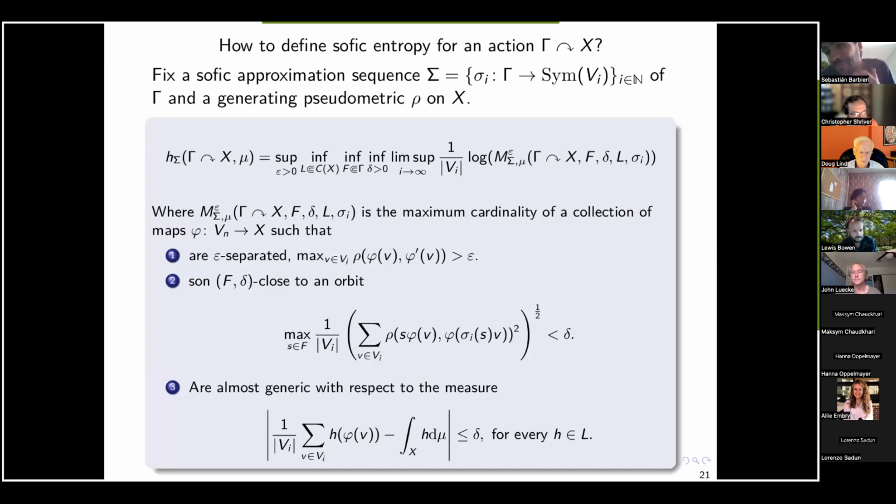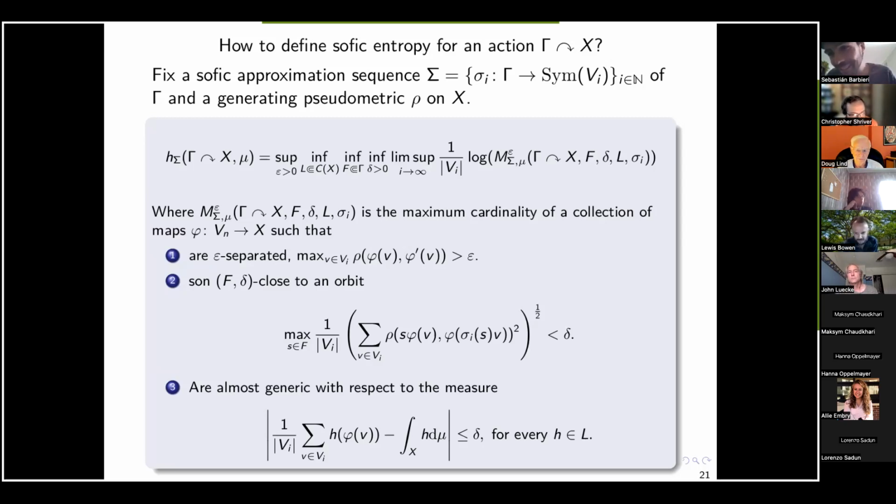So essentially what I'm saying here is I'm taking Rufus-Bowen's definition of entropy through separated sets, and instead of considering orbits, I'm considering separated almost orbits or pseudo-orbits. And you can show that in amenable group theory, that gives you the same entropy that you're all used to work with. And in this case, it makes a lot of sense. This was defined by Lewis-Bowen, essentially in the same way, I think.